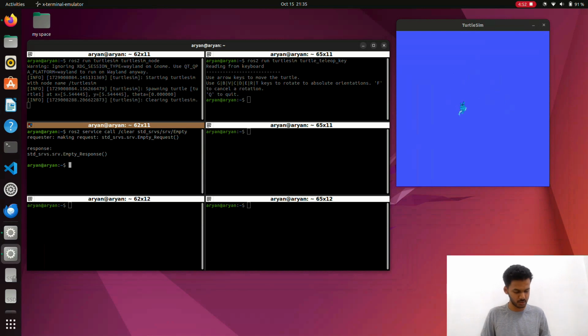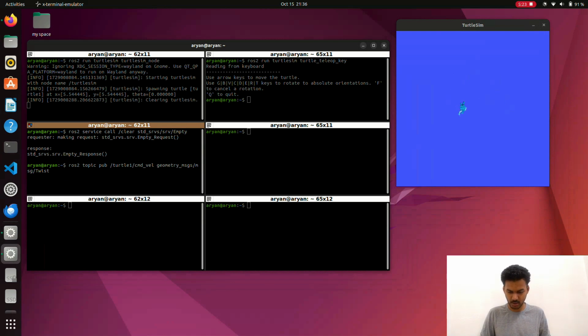So the command for the movement of the turtle is ros2 topic pub, then turtle1/cmd_vel, which is for the velocity controlling part, and then we will send the geometry_msgs twist message.